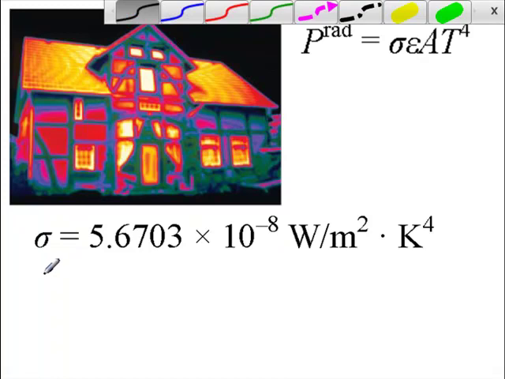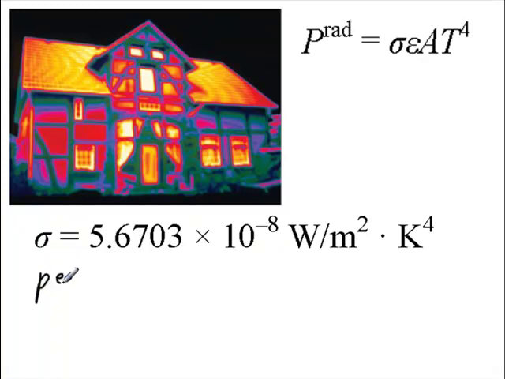And you'll pick up energy from the environment based on the same formula. Sigma, emissivity, area, T to the 4th, but whereas this was your temperature, or the temperature of the radiating object, this is the temperature of the environment. So you'd pick this much up from the environment, you give this much off, the net